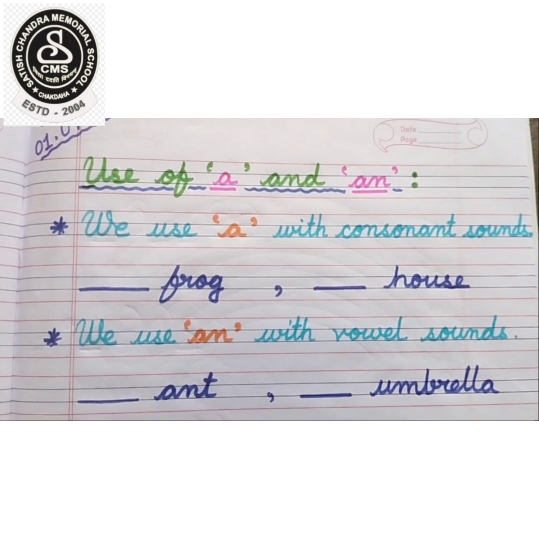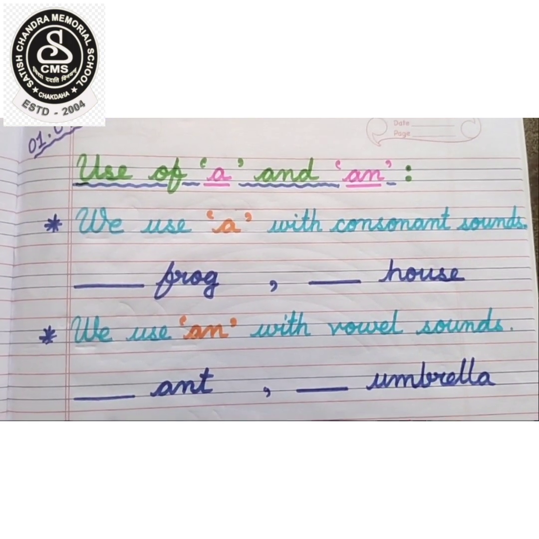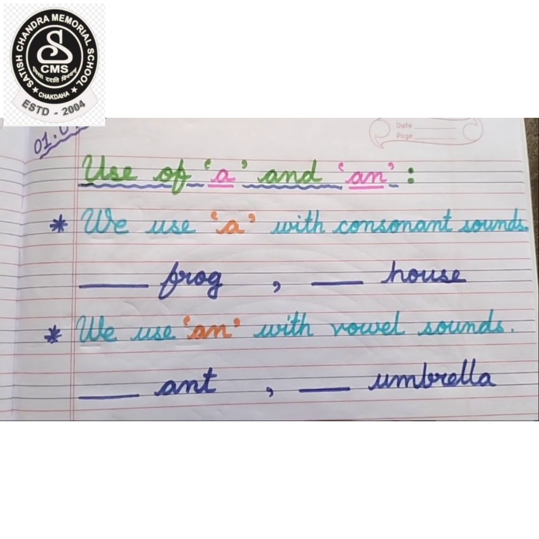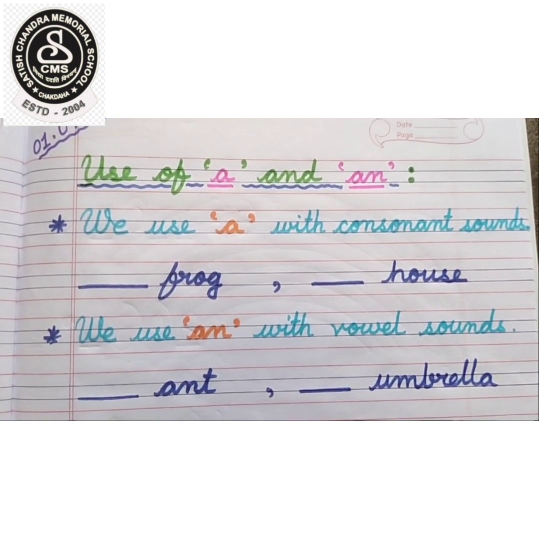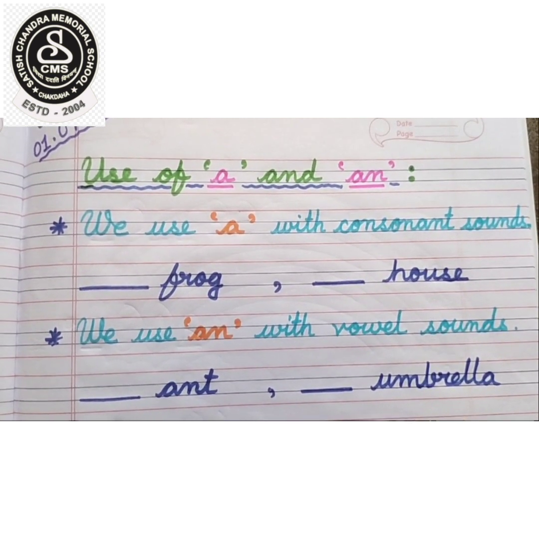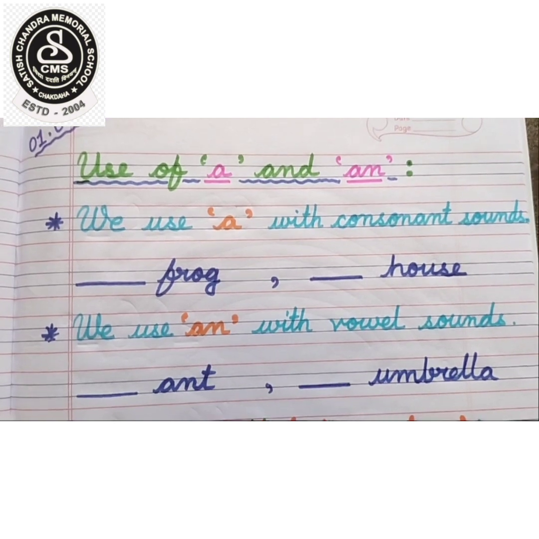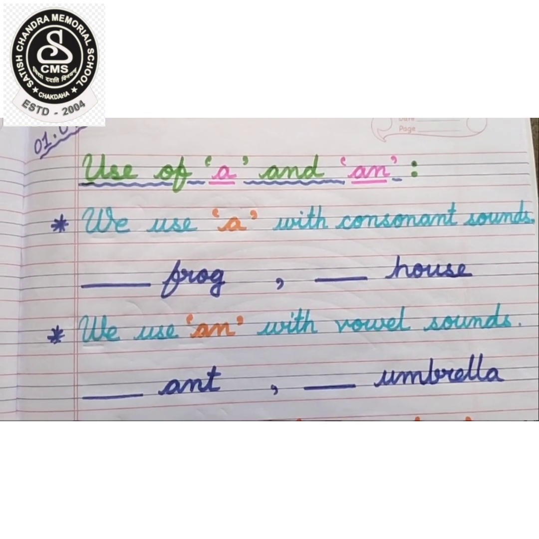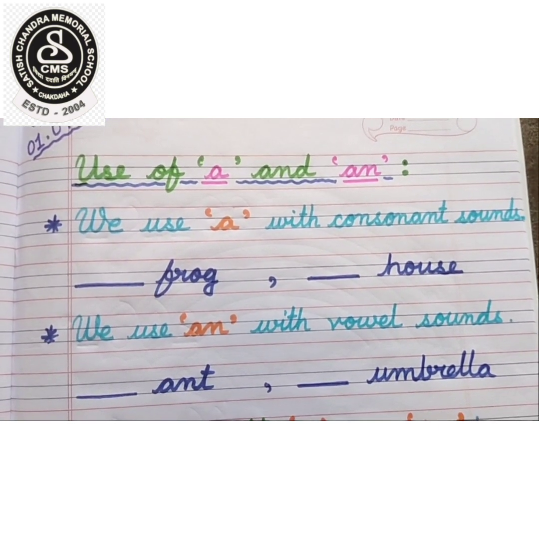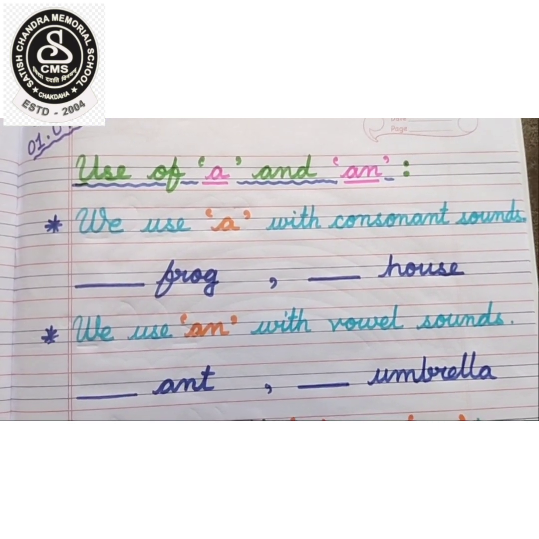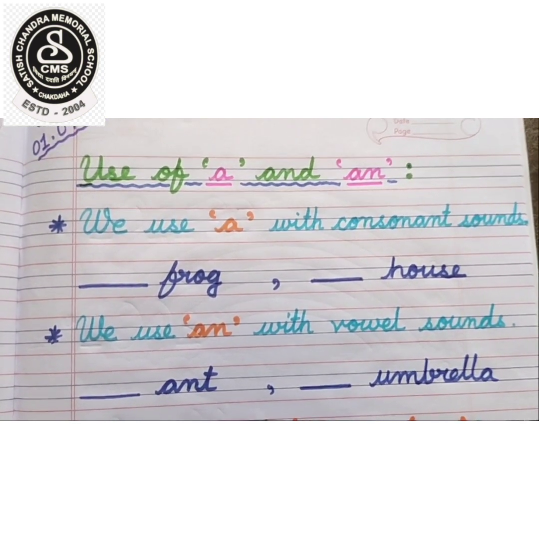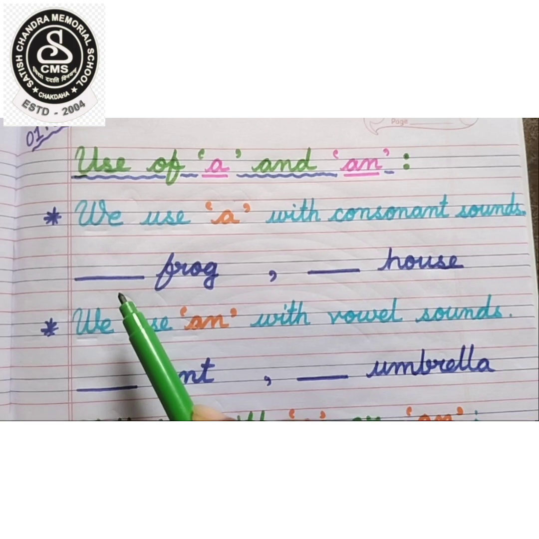So children, where we use A? We use A before consonant sounds. Means the word that starts with a consonant, or the word that begins with a consonant sound. We will always write A before that. We have to write A before consonant sound word. So children, here dash